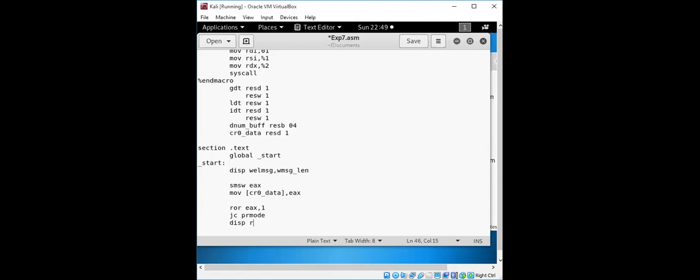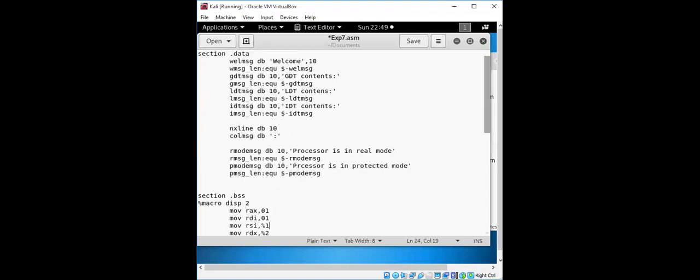If not, it will display the message for real mode.